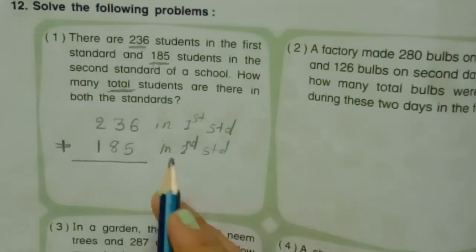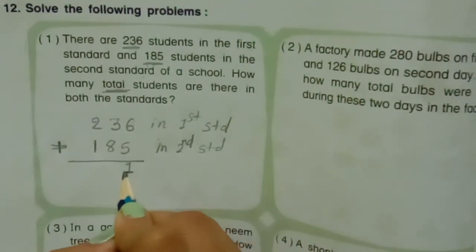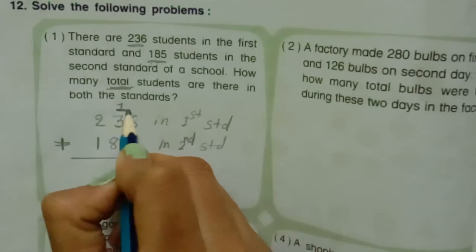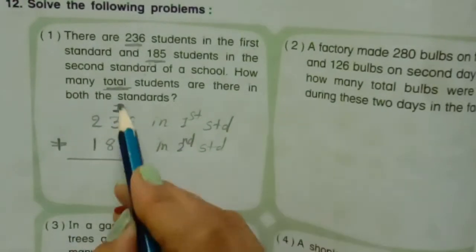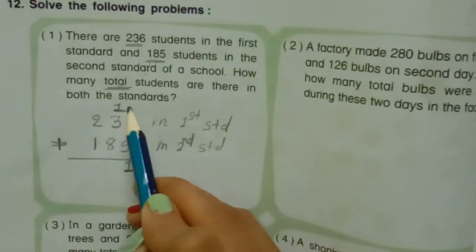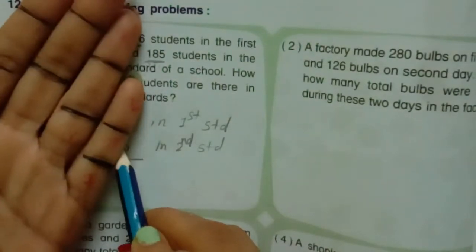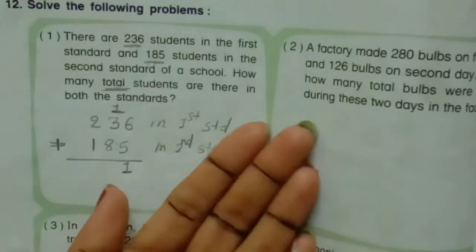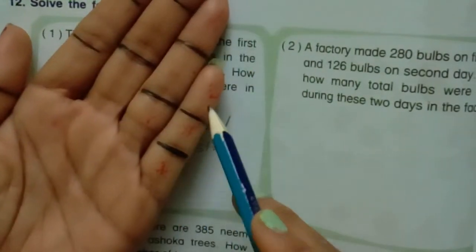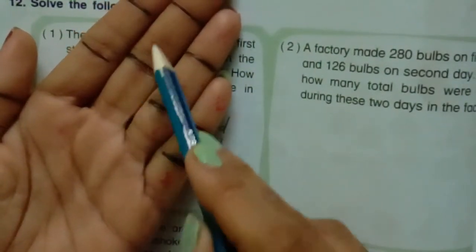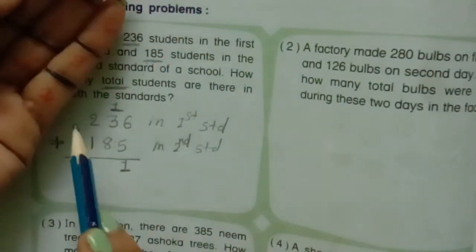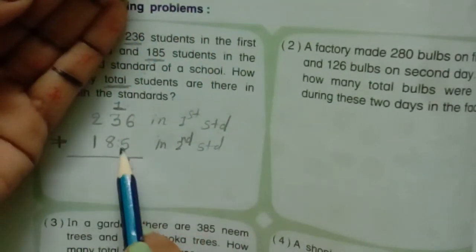We have 11. So we will write 1 here and 1 is carrying forward. Now at 10's place 3 plus 1 is 4 and then we have to add 8. So first we will see 8 numbers: 1 2 3 4 5 6 7 and 8. 8 are here. We have 4. 4 में 8 add करने हैं.